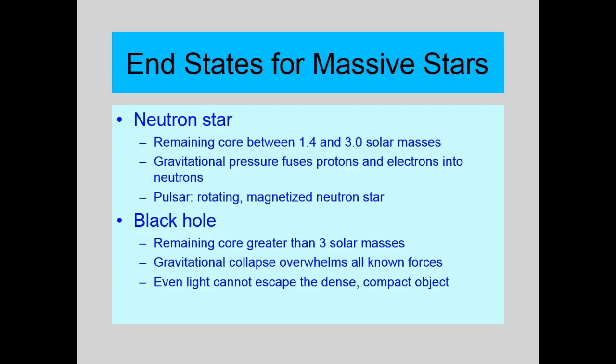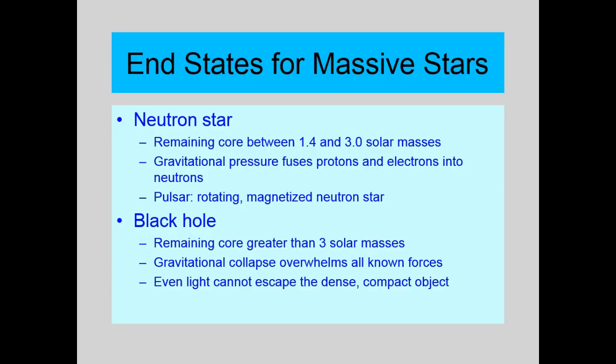Okay? The woman who is featured at the end of this chapter, whom I had never heard of before I taught this course the first time, was the very first astronomer to ever discover a pulsar. And we'll talk about her a little bit later. Okay? So that's what a pulsar is. So that's what happens to the really massive cores, remaining cores, from 1.4 to 3 times our entire solar mass of our sun. If they're that big, they form neutron stars.